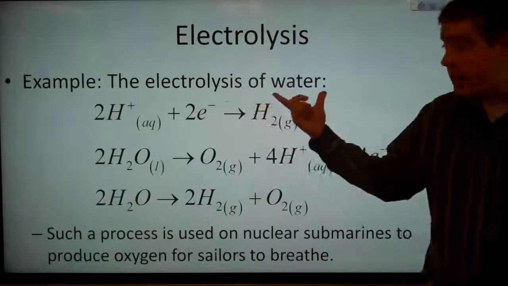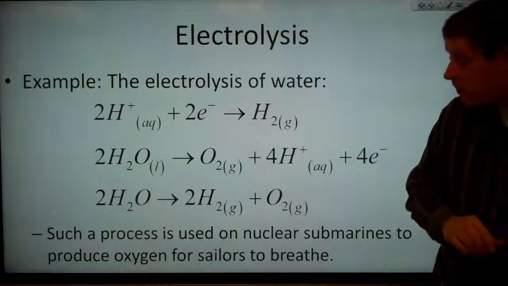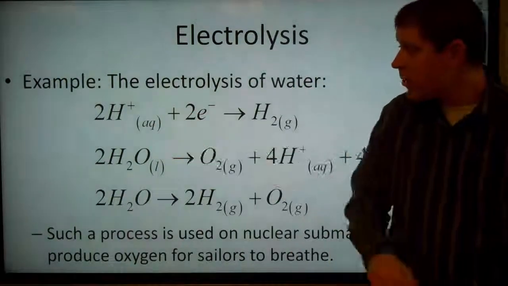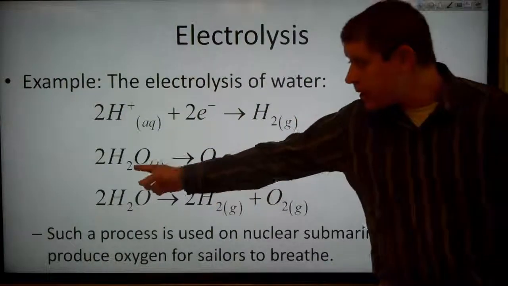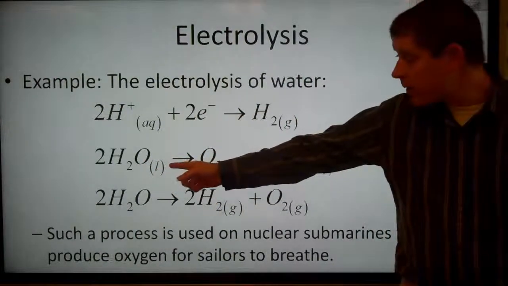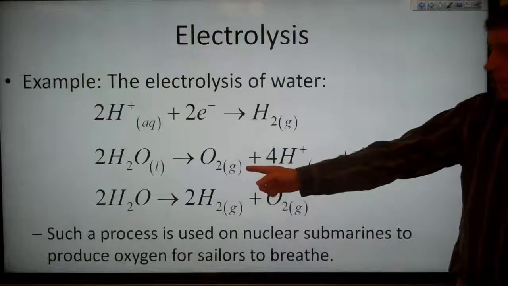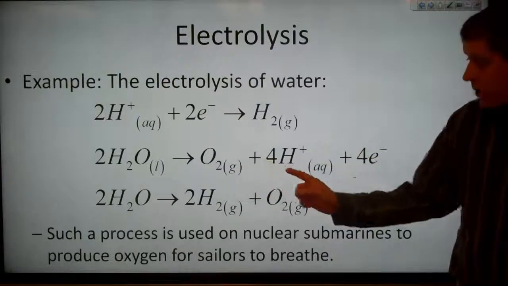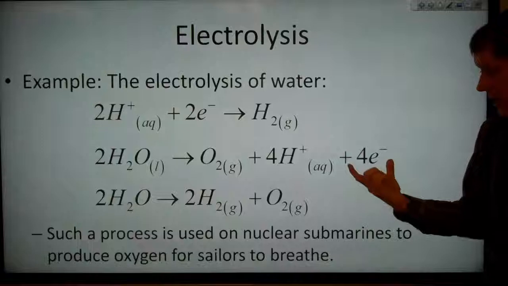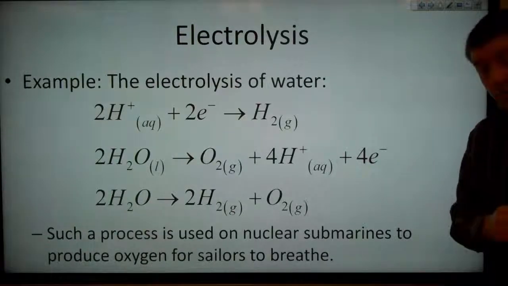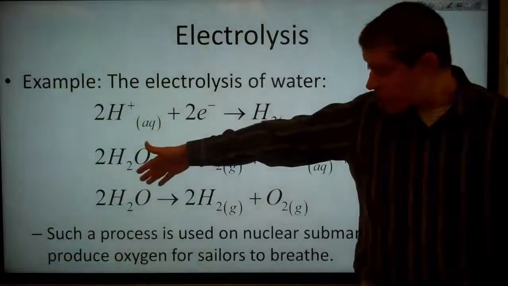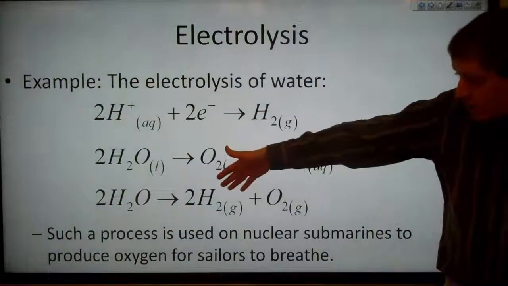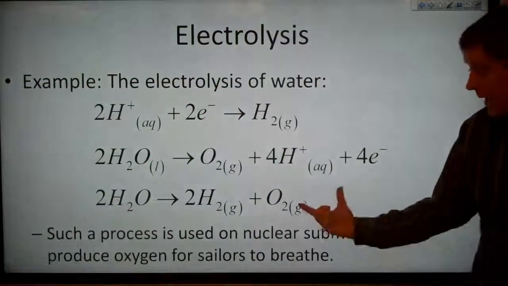So let's look at an example, the electrolysis of water. So we've got 2H+ + 2e- goes to H2, and 2 water molecules react to give us O2 and 4H+, 4 hydrogen ions and 4 electrons. And then the overall reaction is 2 water molecules split apart to give us 2 hydrogen gas molecules and 1